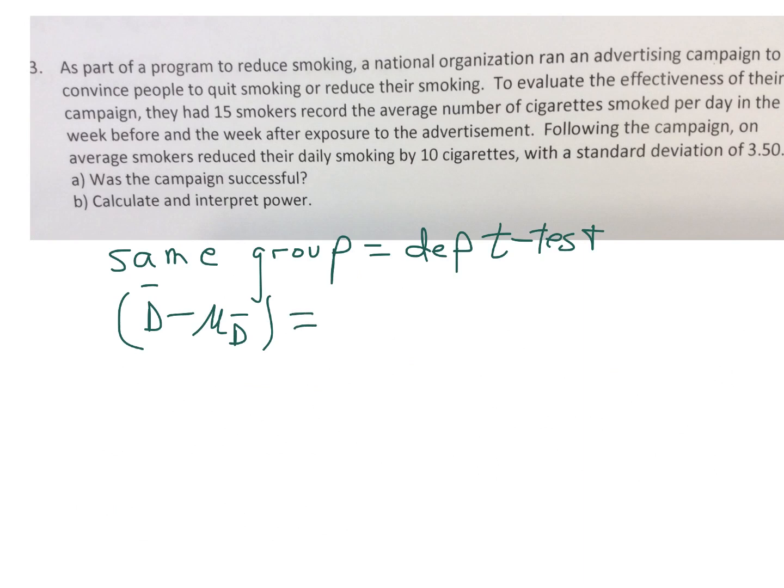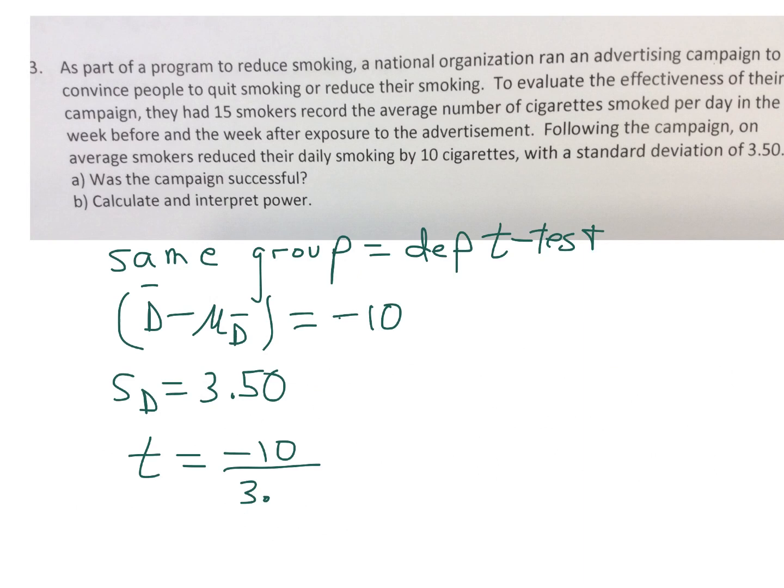So they're saying that it's gone down by 10 cigarettes. And our standard deviation is given at 3.50. And so when we calculate our t-score here, we're going to do a t-score for -10 over 3.50,